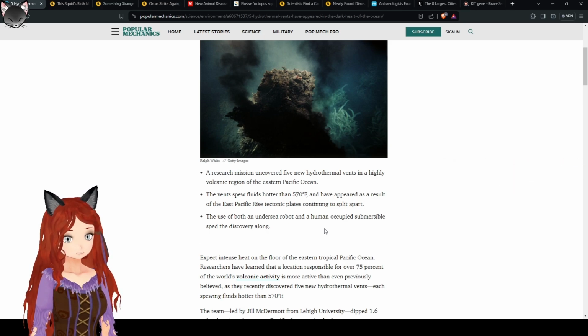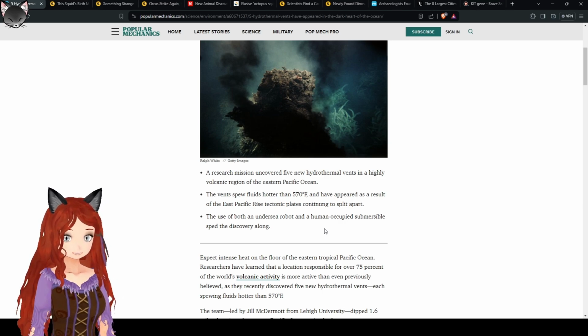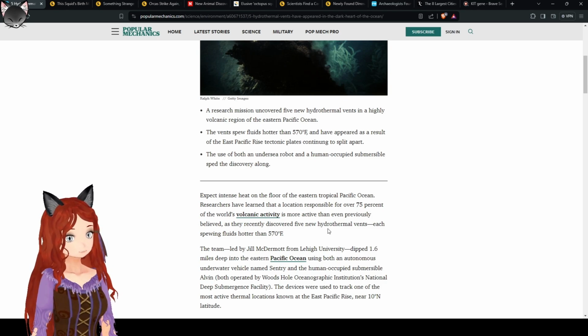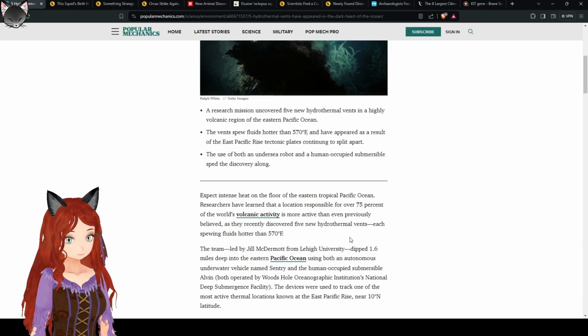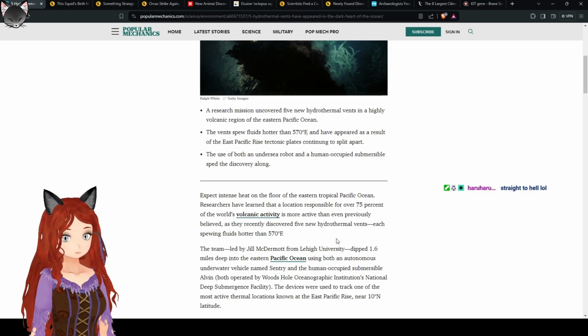The use of both an undersea robot and human-occupied submersible, definitely not named the Titan, sped the discovery along. Expect intense heat on the floor of the eastern tropical Pacific Ocean. Researchers have learned that a location responsible for over 75% of the world's volcanic activity is more active than even previously believed, as they recently discovered 5 new hydrothermal vents. Yeah, each spewing fluids hotter than